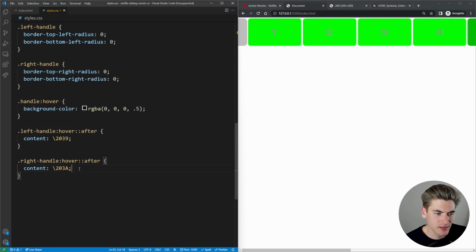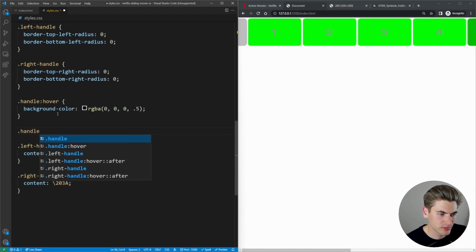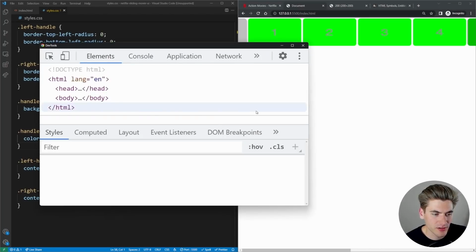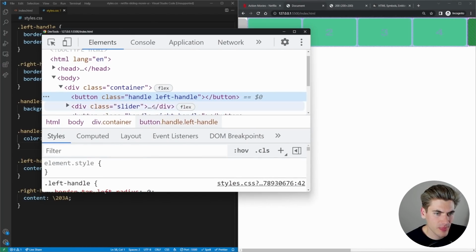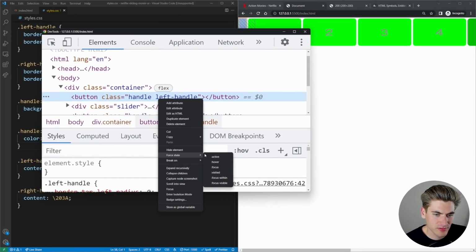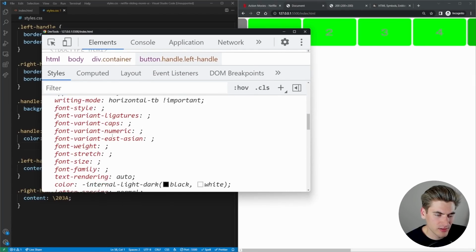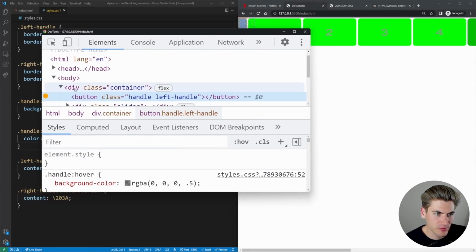but it is not. Let me make sure that we change the color here to white. We can put that inside of like a handle. I think it was the after property that I used. On hover, color should be white. Let's see what's going on here, why it's not actually showing anything up. Let's force the state of hover. There we go. And I want to get the after element.